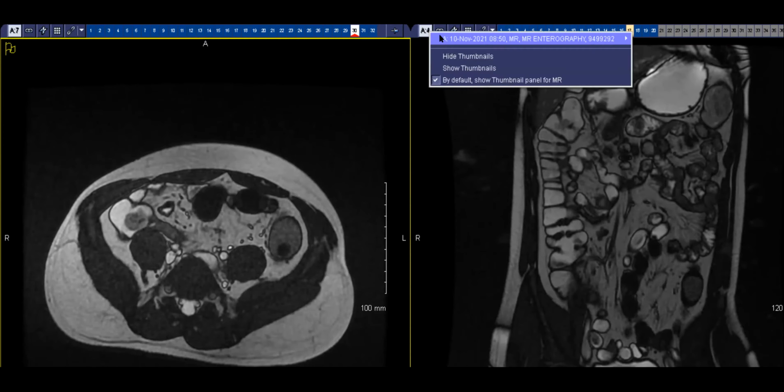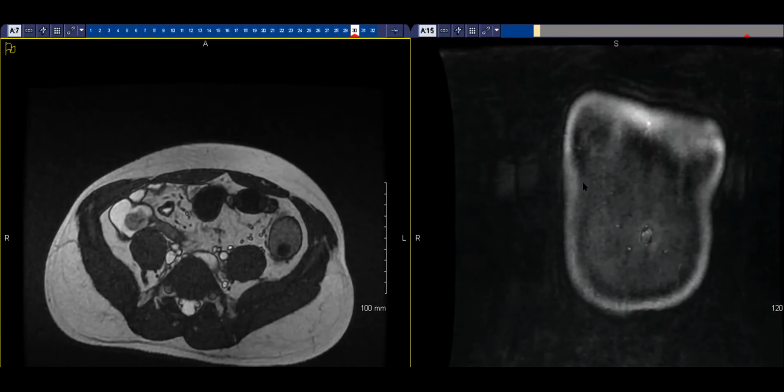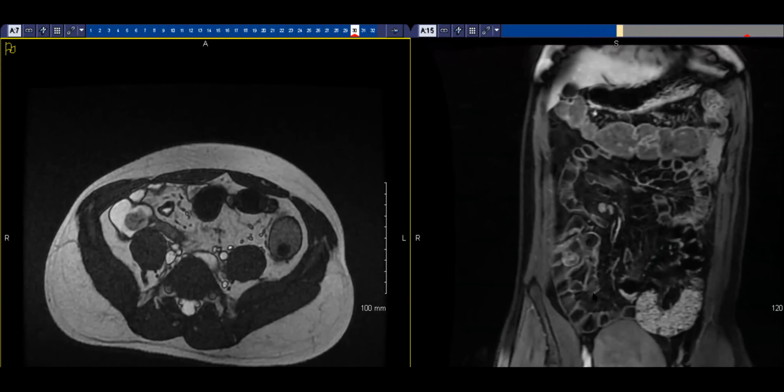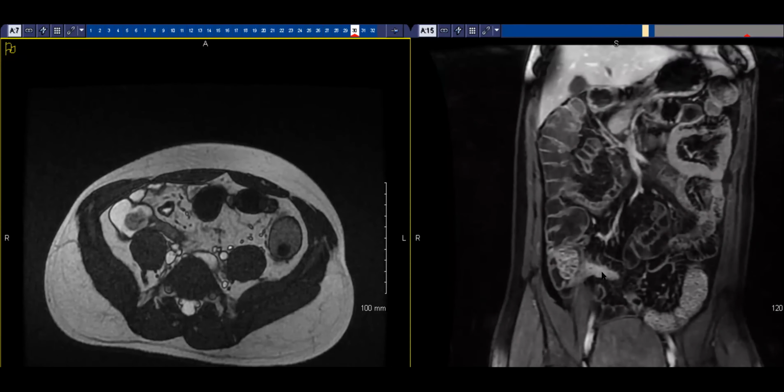So the resident was very excited about this case. As was I, because I didn't think this was appendicitis. Here it is on the enhancement. You can see that it's pretty high. The interesting part, and the reason why I think I'm correct in my thinking, is that the fat is very, very clean,